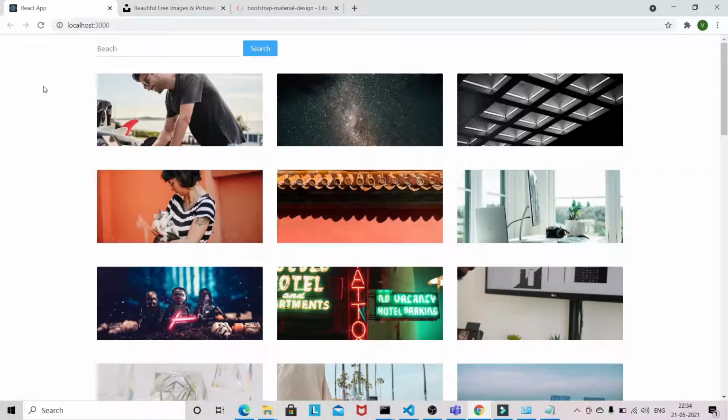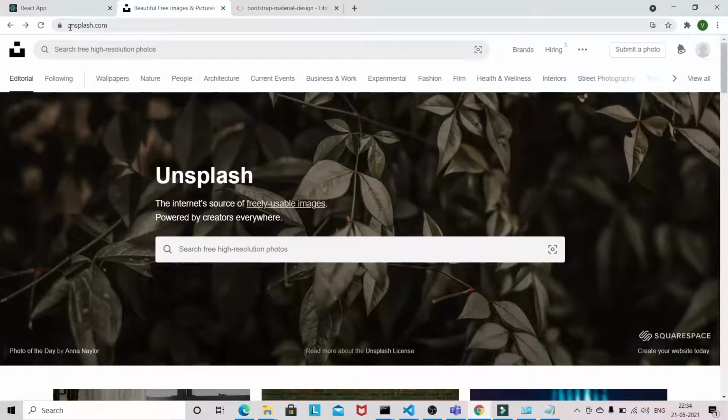Before jumping into VS Code, you have to go to unsplash.com and sign up. Sign up as usual, giving some basic information like first name, last name, email address, username, and password.